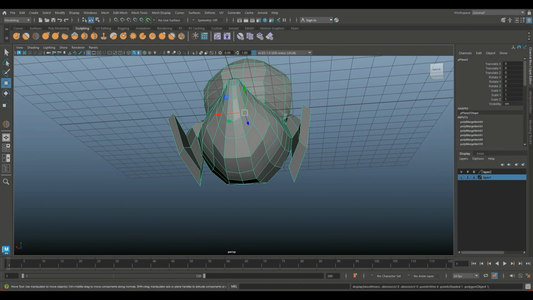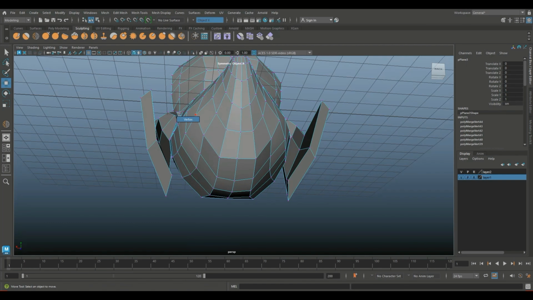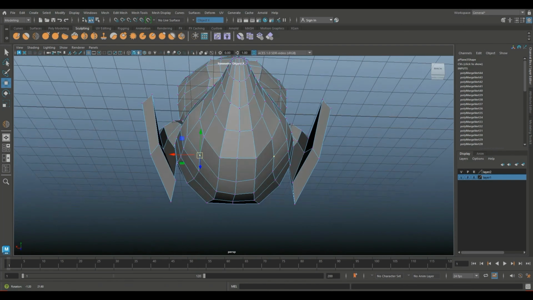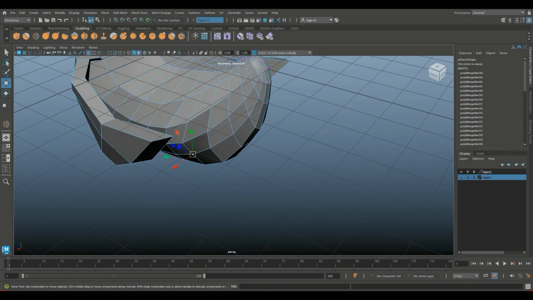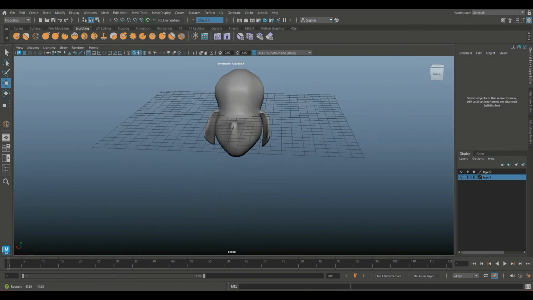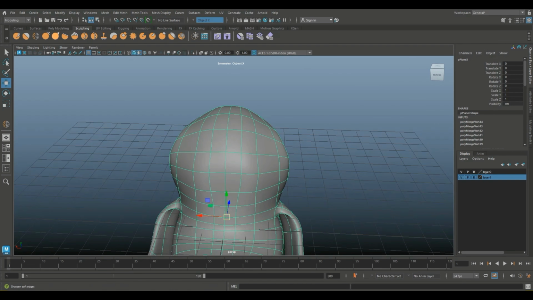I have symmetry on, so it works on both sides. As you can see, I'm selecting on one side and it's working on the other side as well. I have selected the smooth option in sculpting,